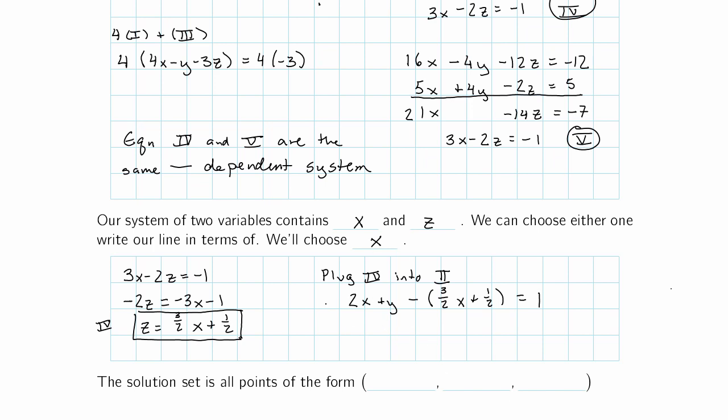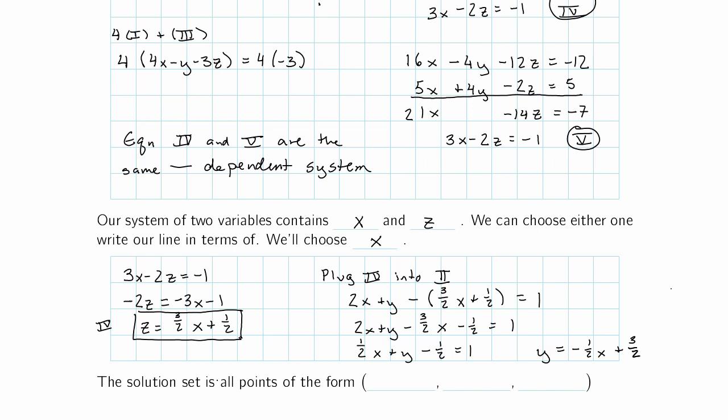So let's see. 2x plus y minus 3/2 x minus 1/2 equals 1. So collecting all my like terms, 1/2 x plus y minus 1/2 is 1. And then getting rid of everything that's not y on the left, I have that y is -1/2 x plus